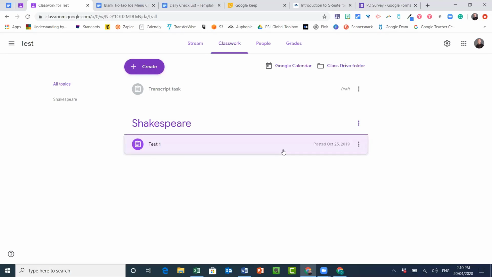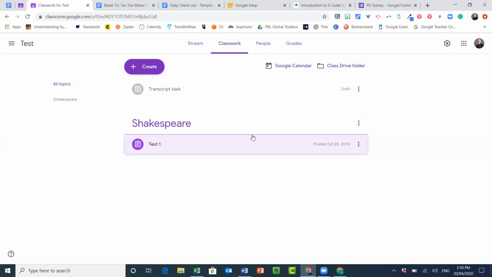But one thing that happens is if you've had a classroom for a while and you've got lots of different topics, these just tend to build up and build up and build up. Now, you can move the topics around by dragging them up and down. And so you might have a topic at the top that you particularly want as your students are looking at it. But one thing I recommend that you do as a teacher, particularly with remote stuff, is that you actually